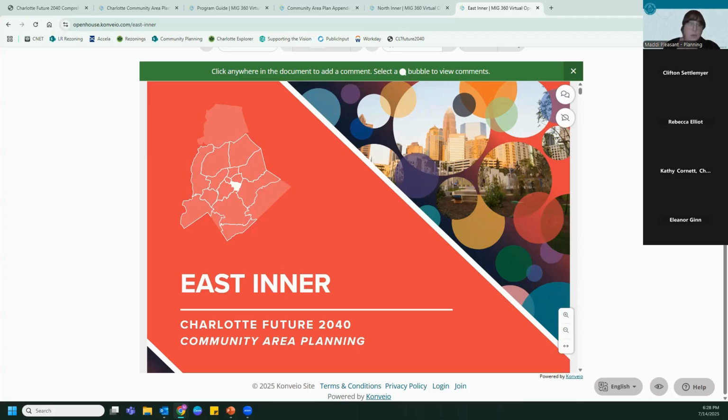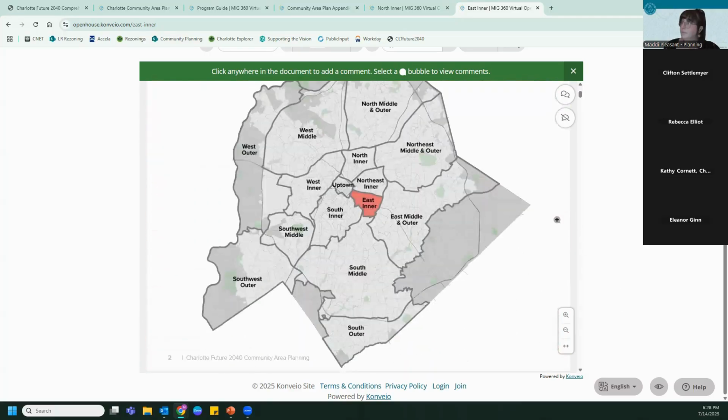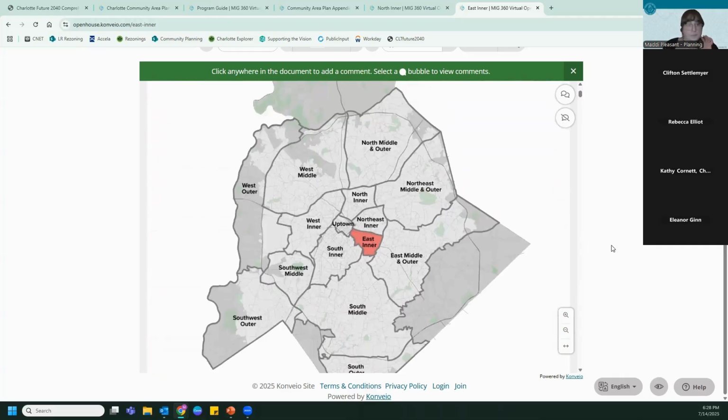If it would help, I'm happy to go through any of the sections to help catch you up a little bit. Or if anybody else has any sections they'd like to look at or any questions or comments. I can also show you all.